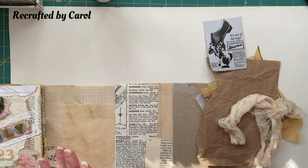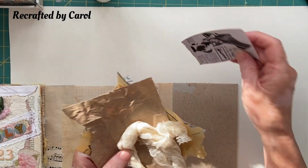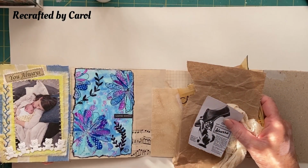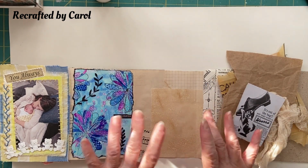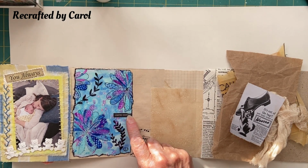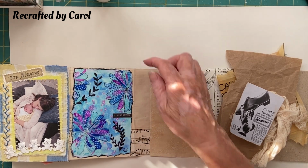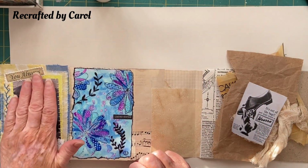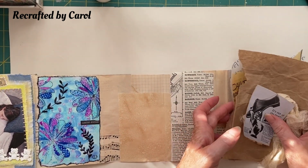So I've got an idea for Torn, which is today's prompt. And I've got some stuff together, but I'm not quite sure how I'm going to do it. So this is going to be a little experiment again. And I have added a little words on there, limited edition I've put. And I did cover it in Mod Podge and I did smudge it a little bit, but do you know what? As long as it doesn't go onto my photo, I'm quite happy. So I think I'm going to try and make it,